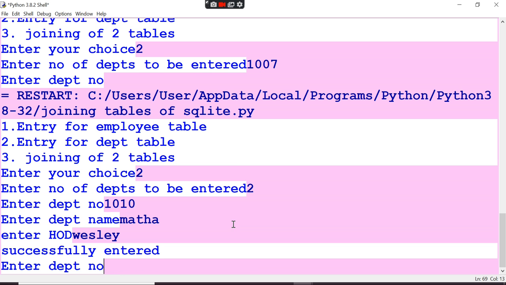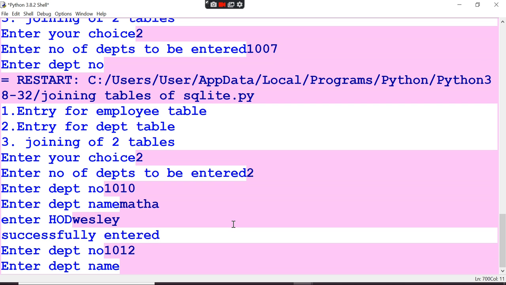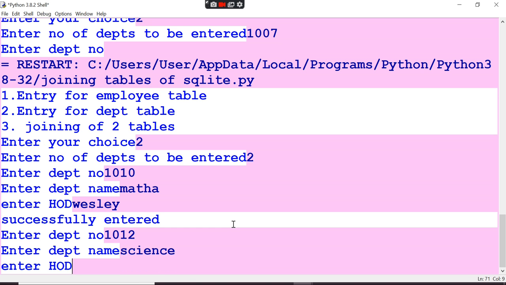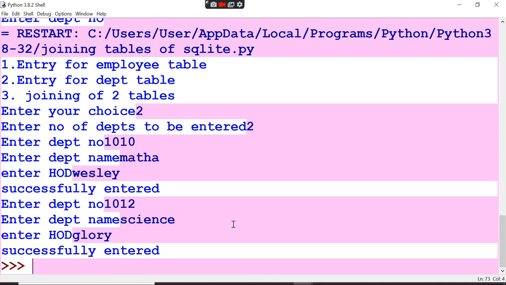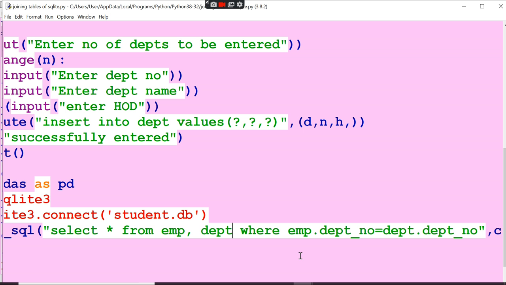Successfully entered. Now department number 1012, department name science, HOD some name, entered, right?